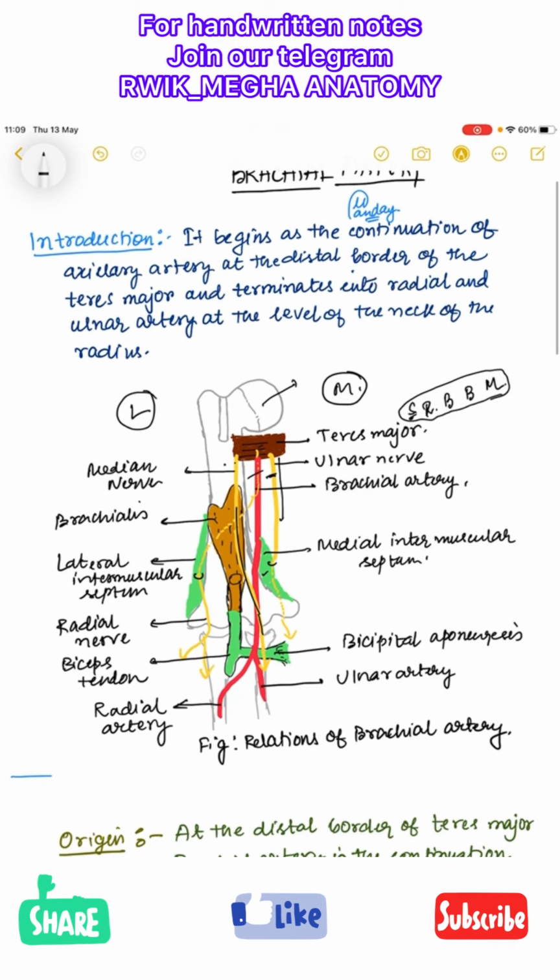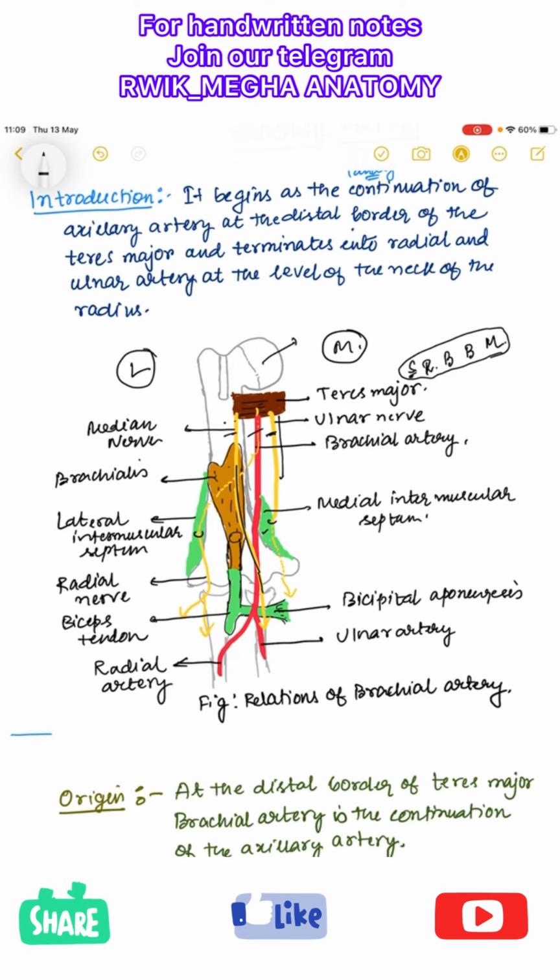Now, so this is the medial relationship. Now what are the lateral relationships? Initially this median nerve was lying lateral to the brachial artery. So we can see that in the upper part, the median nerve is in the lateral relationship of the brachial artery. Along with that, there is one muscle that we can find out here.